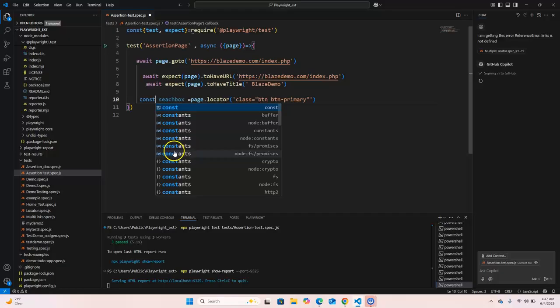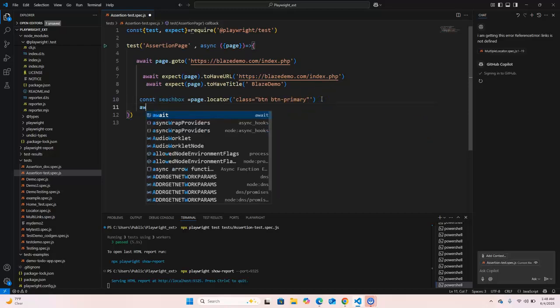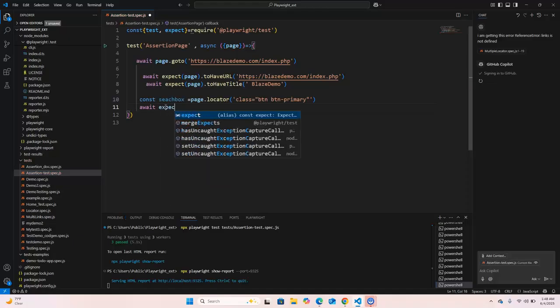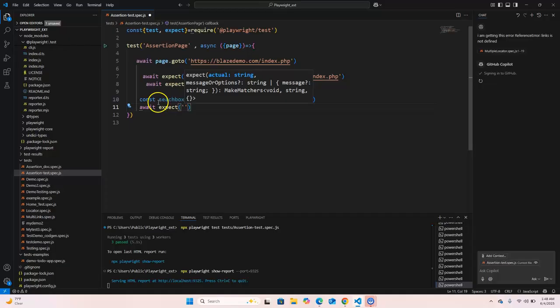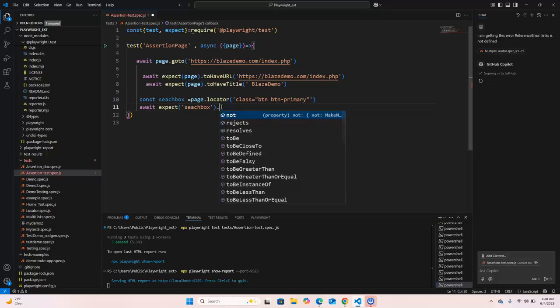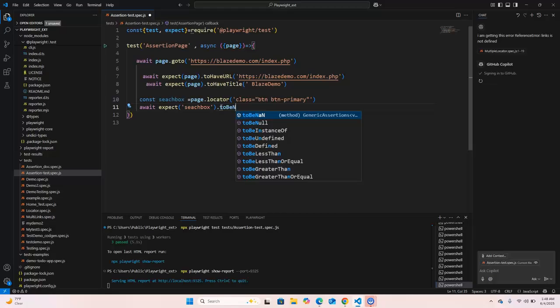So, and after that we will use the await expect, because we are validating here, and provide the variable name here, Control C, and searchBox dot to be